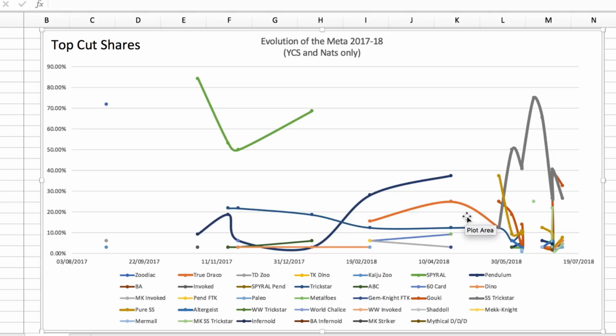Then we had the release of Strikers, so Sky Striker Trickstar, suddenly you see this giant spike at the end. That's where it really took off. Around the start of that, we did have pure Sky Strikers coming in as well, but people realized that the Trickstar variant was just more consistent and generally better, so that kept on rising up whilst the pure version dropped